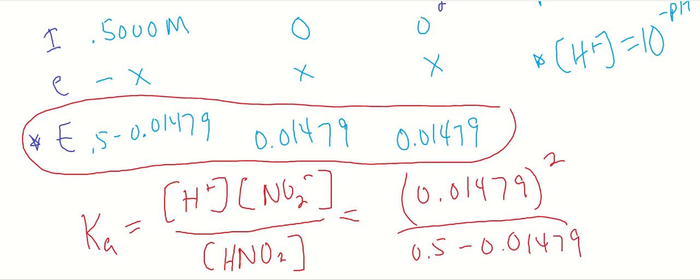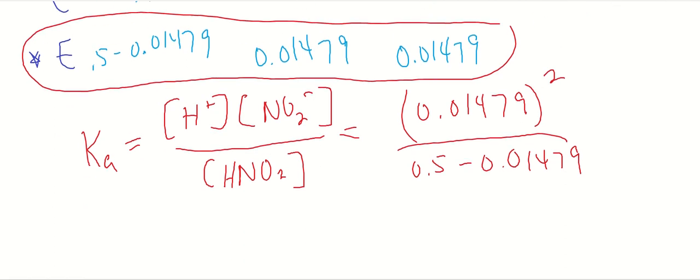Let's plug that into our calculator and we should get our answer. 0.01479 squared divided by parenthesis 0.5 minus 0.01479, close parentheses. All right, so Ka is equal to